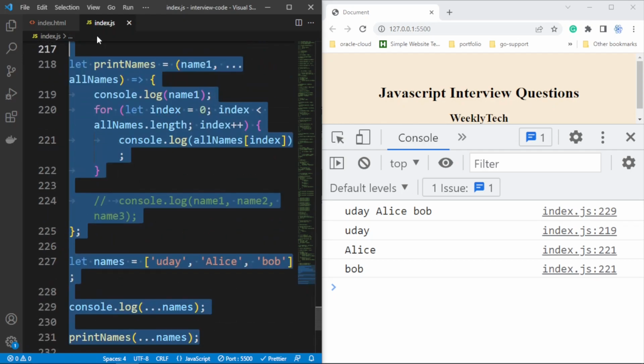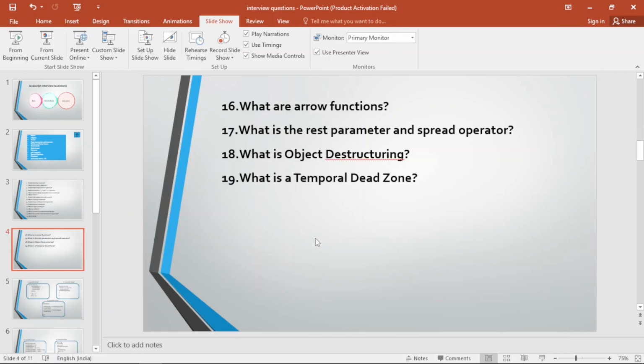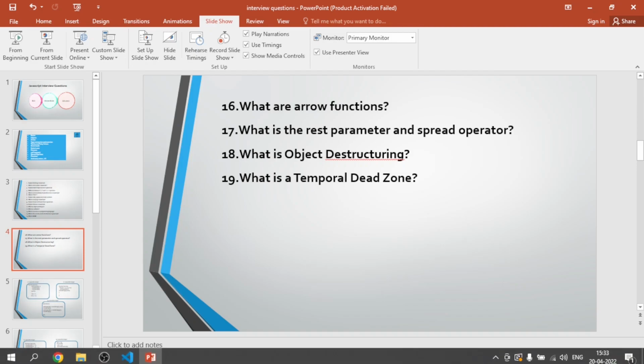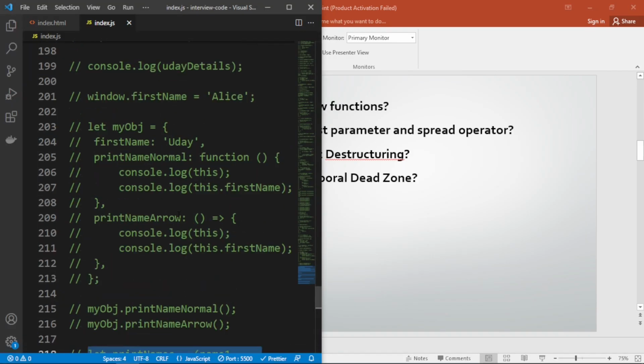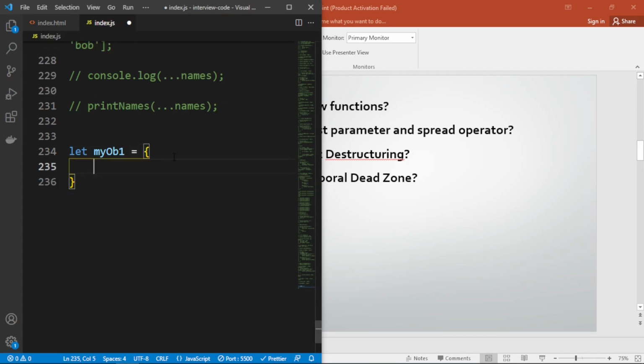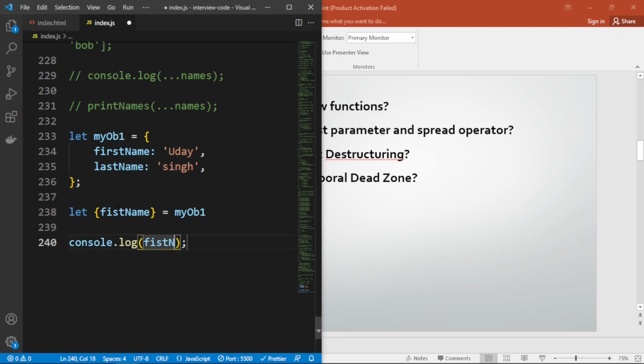Let's comment out this code snippet and move on to our next question, that is, what is object destructuring in JavaScript? Object destructuring is a new way of extracting the elements from an object or an array. For example, let me have an object myObj, and there I will have firstName like Uday and lastName, and by using object destructuring I can extract a particular element from an array or from an object. I can console firstName here,